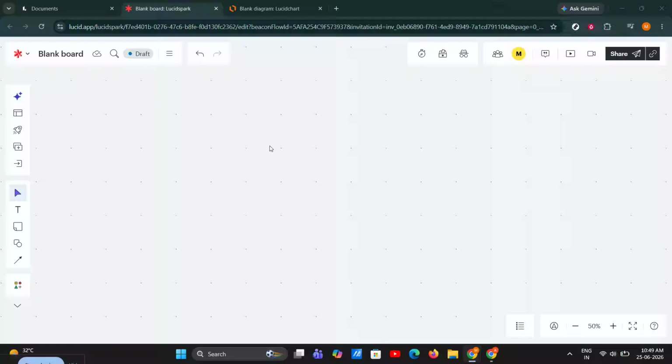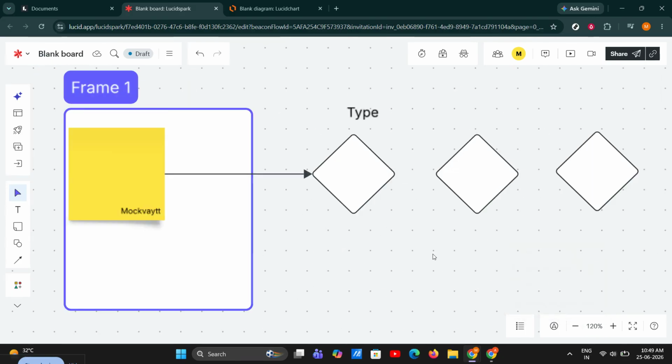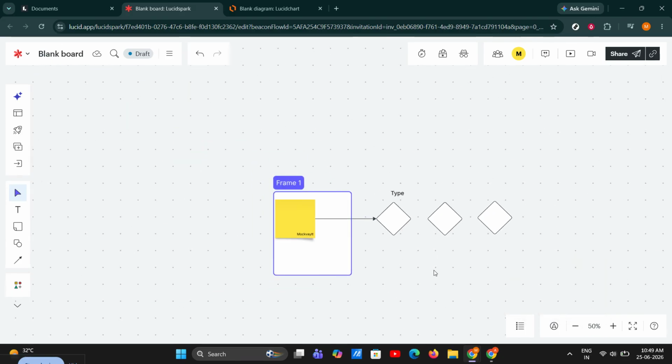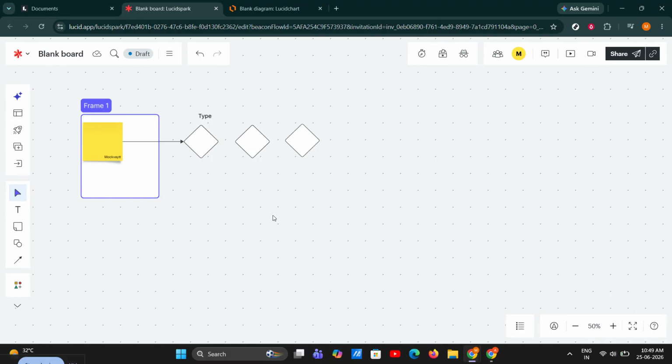If you ever make a mistake while working in Lucid, don't worry, because undoing is quick and easy. In this video, I'm going to show you exactly how to undo in Lucid using both the keyboard shortcut and the undo button, plus how to redo something if you change your mind. This is a simple skill, but it can save you a lot of time when you're editing shapes, text, sticky